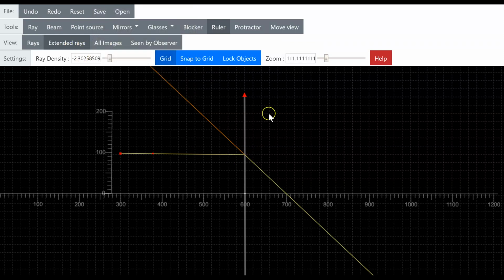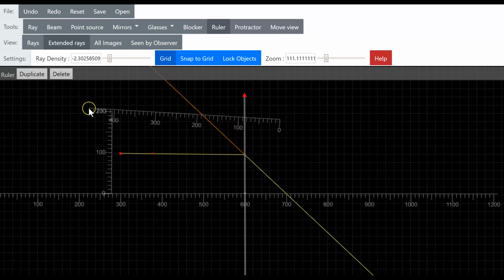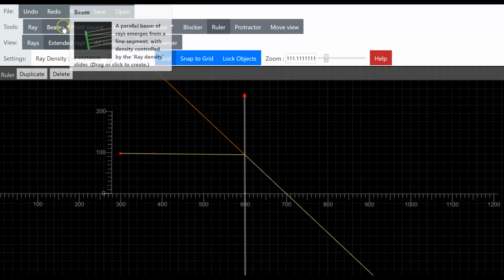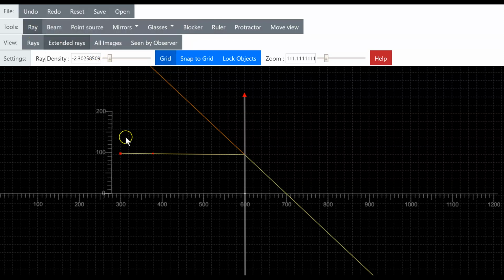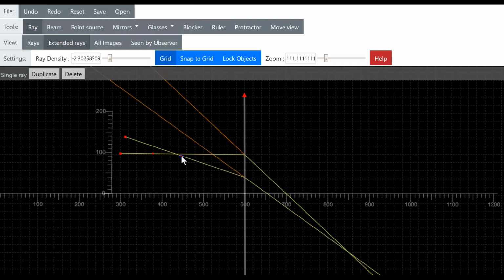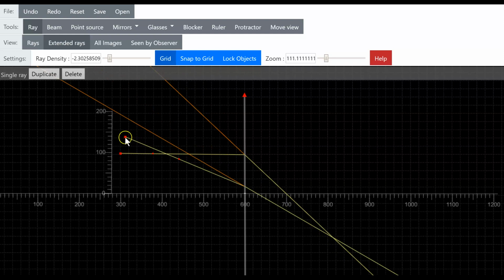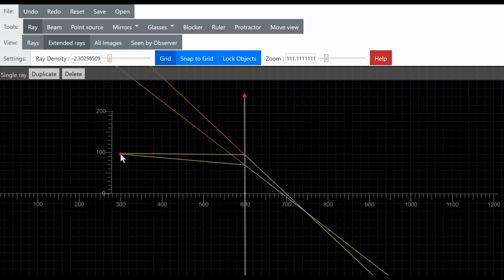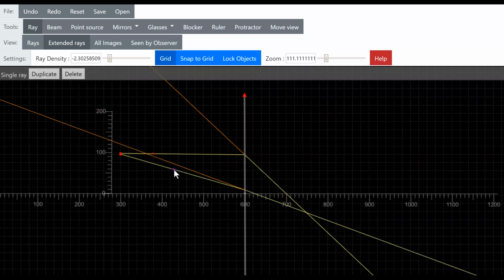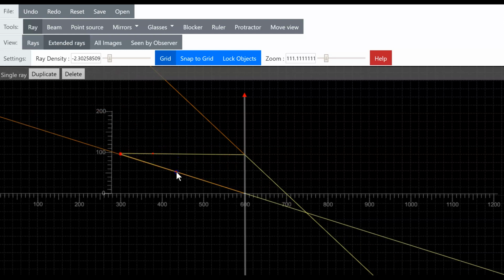So now what I want to do here is that I want to come in and add a second ray, and this ray here I need to put at the exact same location, which is at 100, and then I'm going to adjust it so that ray number 2 goes through the middle of the lens. So what you're seeing here is that I have an object of this height and I have an image